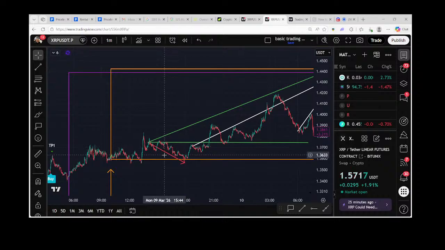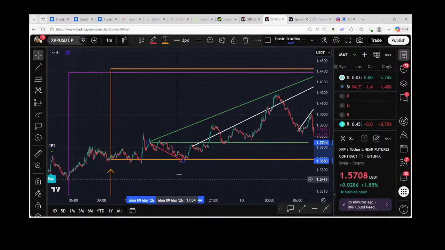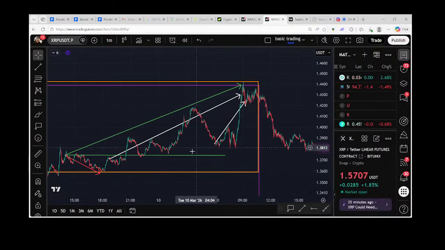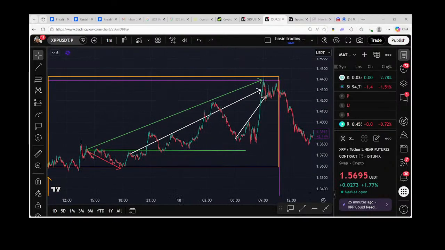The red line was from our entry how far it went down, and then we have the green line, which is how it went up, and then we covered all the bases here, and then the second pullback, which is the push up, the pullback. So the second white arrow is basically the bounce, right? So you can see inside here we have these type of trades that we have. So what I'm going to do here is slide off, and we're going to make a quick video of the entry